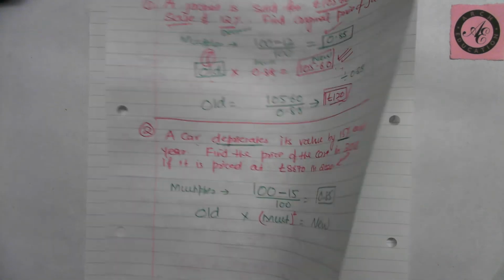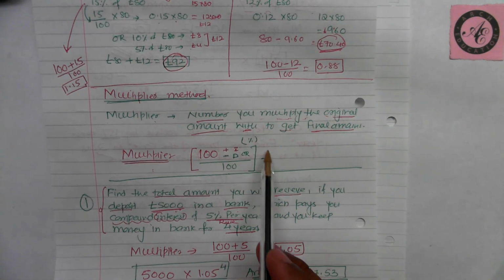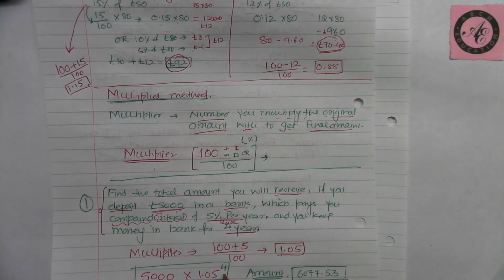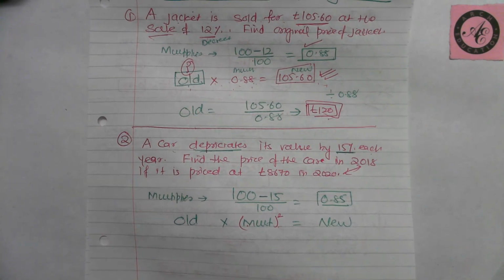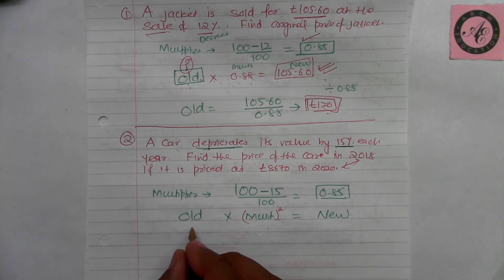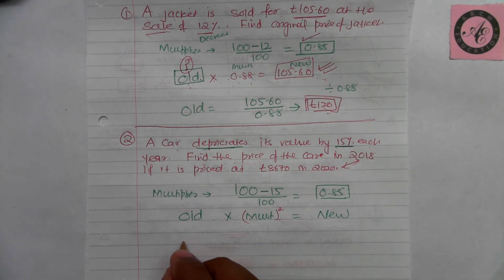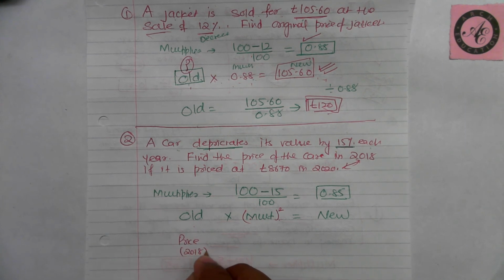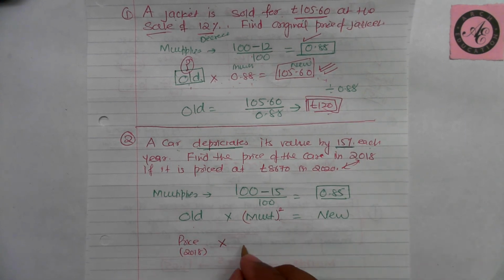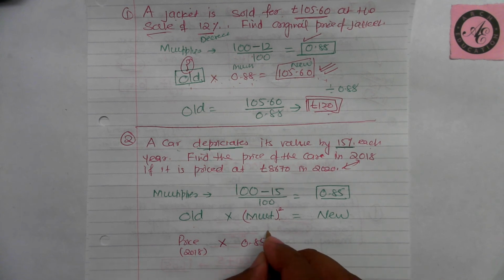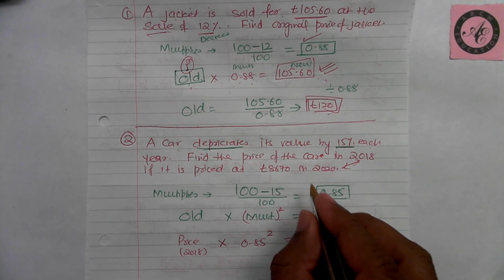Over here the power is 4, and so on. Alright guys, let's put the values in now, please. Old is what we have to find, the price in 2018, times the multiplier 0.85 to the power 2 equals new,